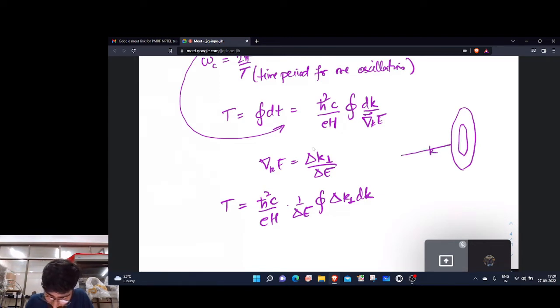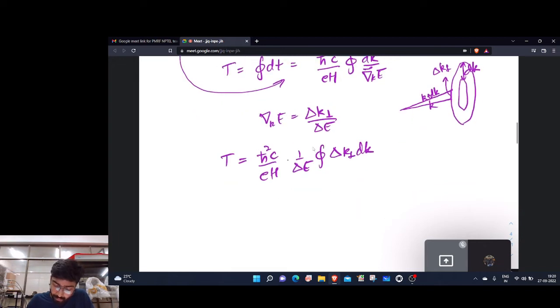This distance is k, and when the electron moves to the next position it becomes k plus dk. And now after some time, k to k plus dk, this distance is delta k perpendicular. The difference between the two orbits is dk, and now we have the following. The area of this stripe, the area between these two orbits, can be found by multiplying delta k and dk, and integrating it over the total. What we find is as follows: